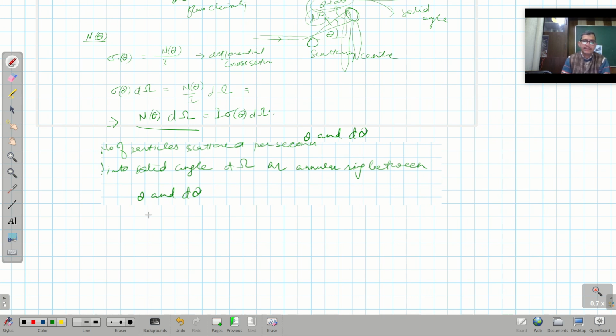And sigma theta d omega is equal to I sigma theta, and it is sine theta d theta and d phi. This is the value of the solid angle. As for the annular ring,